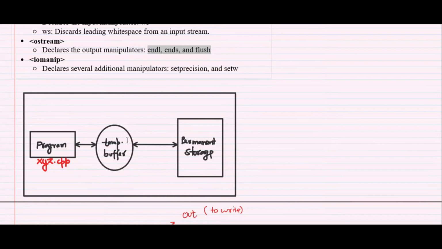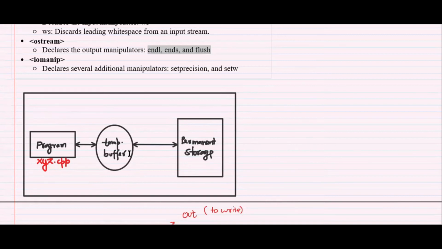Whenever you use flush, it will flush the buffer. It will make the necessary changes in the permanent storage if there is a need to make changes, and it will empty your buffer.